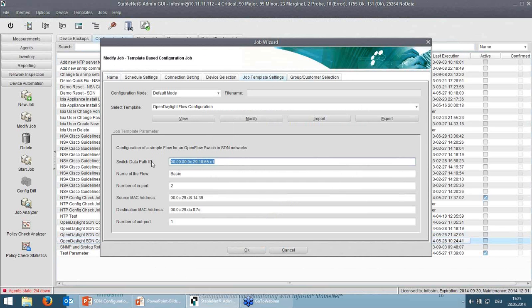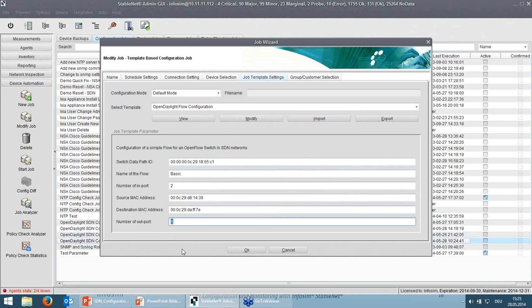For example, we use here the switch datapath ID, the name of the flow, which is used as ID in the OpenDaylight controller, the input port for the flow, the source MAC address, the destination MAC address, and the output port of the switch.